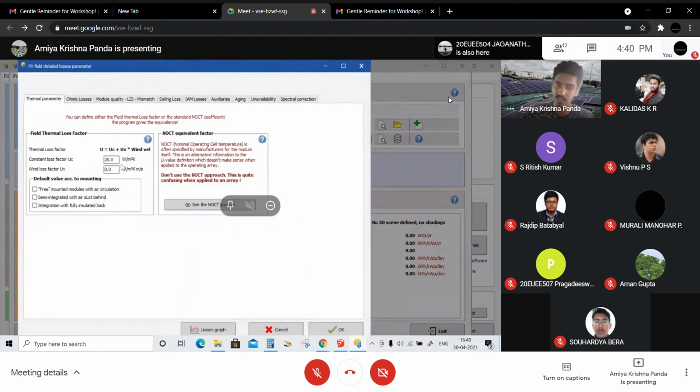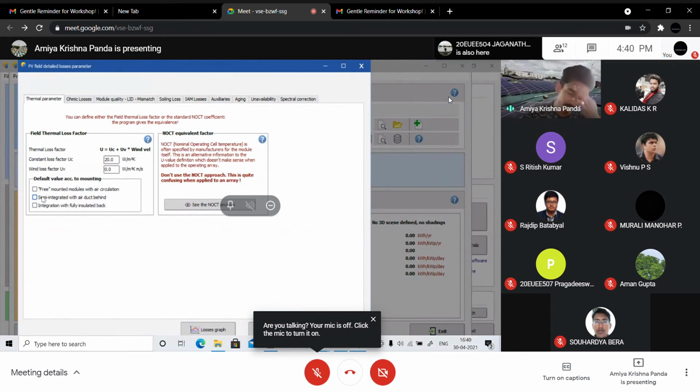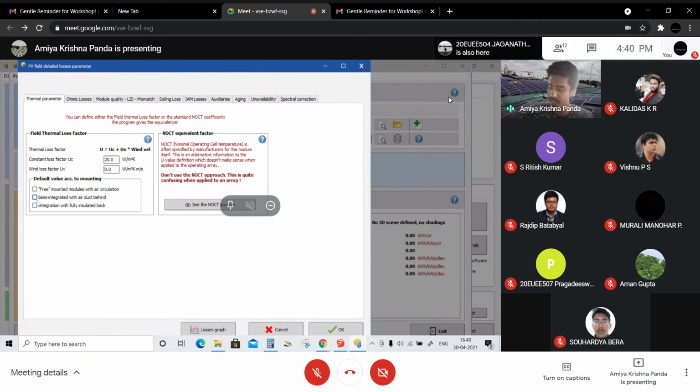Now the detailed losses. In this case, there are lots of things. So first of all, the thermal parameters. Thermal parameters are always important, because of the temperature rise and the humidity which is going through, these matters are important. Now the default value is according to mounting, pre-mounted modules with air circulation. It means that if you are just putting a module on the rooftop and there is no